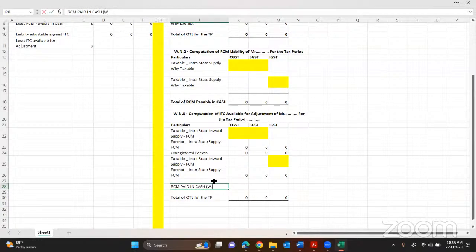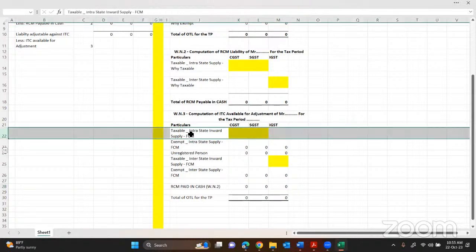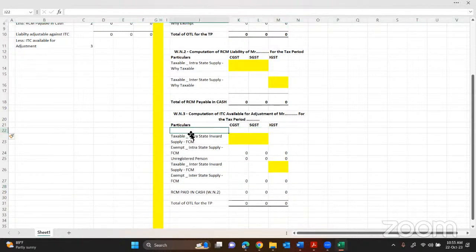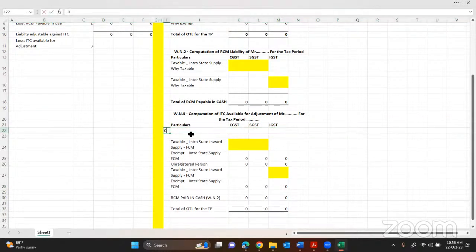Working note number 2. So whatever the RCM I agree to pay in cash, I've just told you, you can avail the credit only upon payment. And I'm sure you will be reminding ITC chapter, whatever I taught you. So my dear brothers and sisters, before this, you should also understand there is a possibility that the question can give you opening balance of this. This will be as per the question.